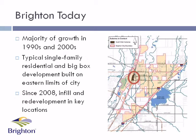Since 2008, like many communities, we've experienced a significant slowdown in residential and commercial construction. What we're now seeing is a focus on small-scale infill development and redevelopment of existing shopping centers. One of the key areas that we're seeing this interest in is the area generally denoted by the red circle